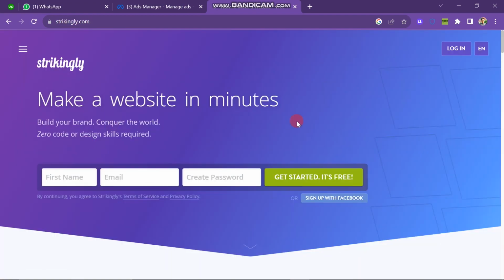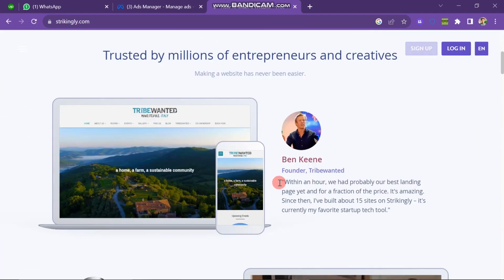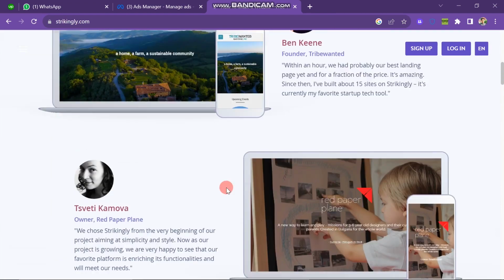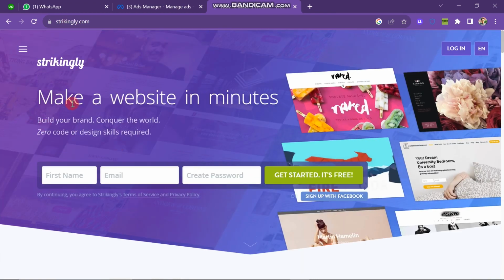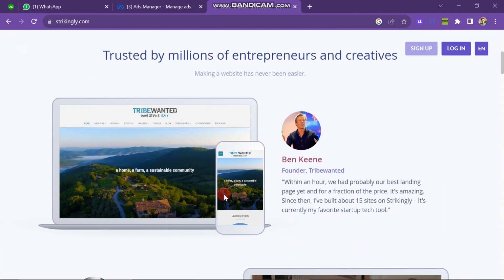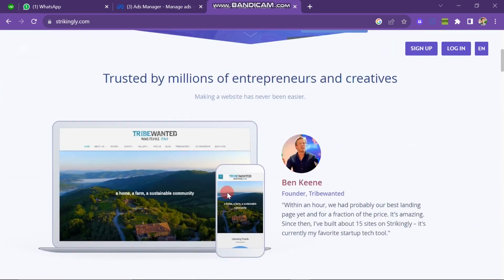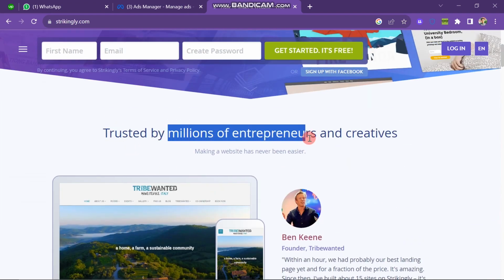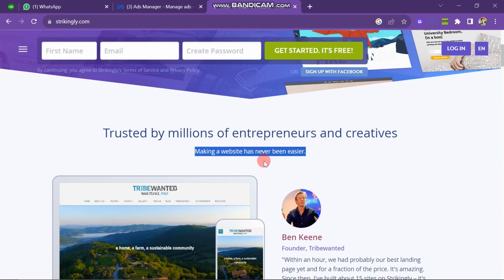You can see that it says make a website in a minute, build your brand, and conquer the world. Zero code or design skills are required. Next, you have to enter your first name and email, then create an account. But this time, I have to show you one thing that is trusted by millions of entrepreneurs and creatives. Making a website has never been easier. So, it means that this platform is very easy to use, it's very usable, and they have a large number